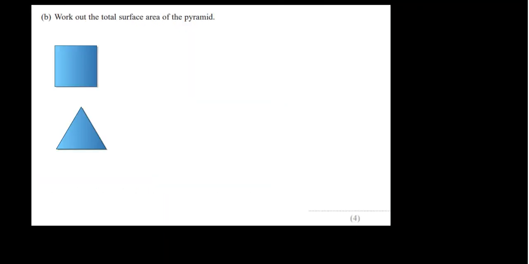the square base is 6 centimeters by 6 centimeters. So the area of the square is 6 times 6, which is 36 centimeters squared. Base times height, or length times width. That's the area of a square. Now if I go back to the triangle,